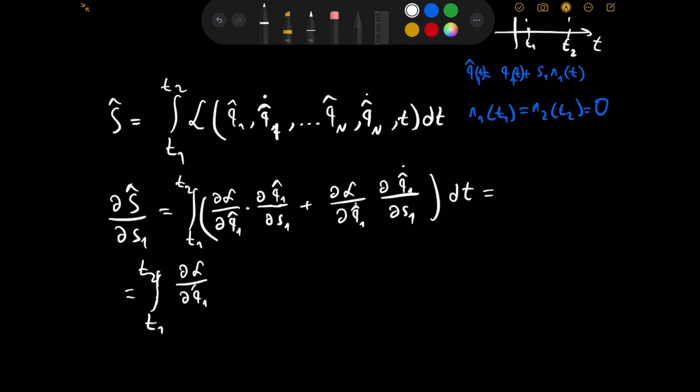Now this one, if you look here, if you look there, we can see that derivative is going to be n1 plus, well, we keep this one again. Then the other factor is going to be, well, if we take the time derivative of this, that's q1 dot